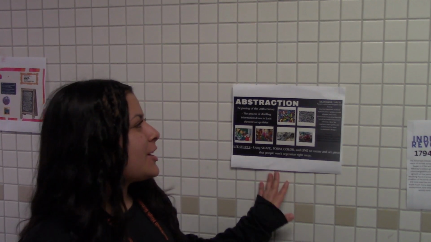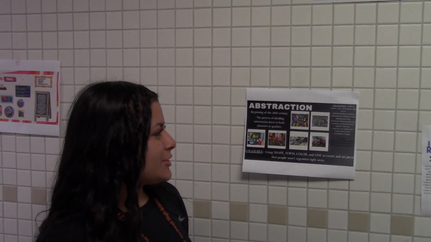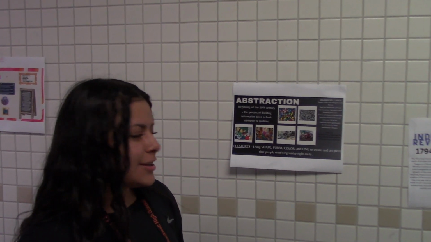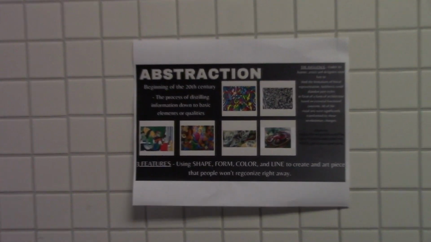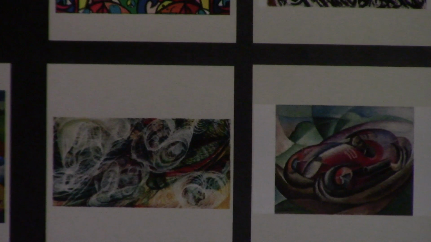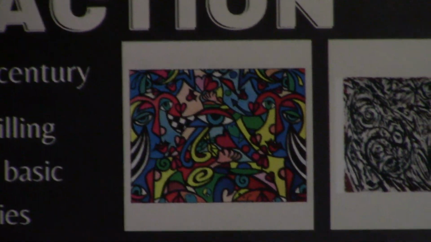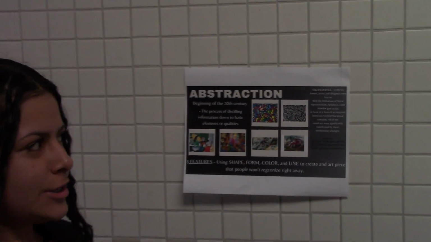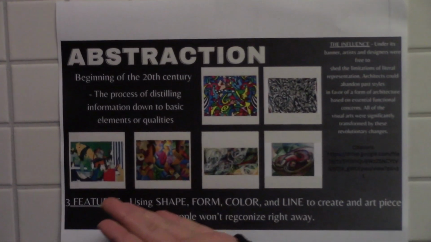My era was abstraction. It was the beginning of the 20th century. It's the process of distilling information down to basic elements. It uses shape, form, color, and line to create an art piece that people won't recognize right away. Under its influence, painters, artists, and designers were free to share representations of art. So this one looks like